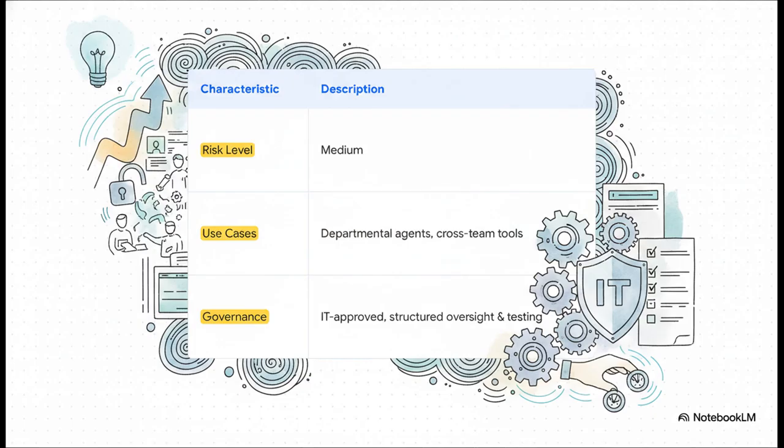Notice the shift here. The risk level is now solidly medium. We're talking about real departmental tools. And check out the governance. It's now IT approved with structured testing and monitoring. So the takeaway? The training wheels are starting to come off, but IT is still right there, providing that crucial